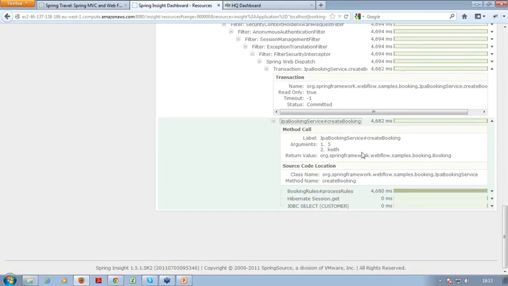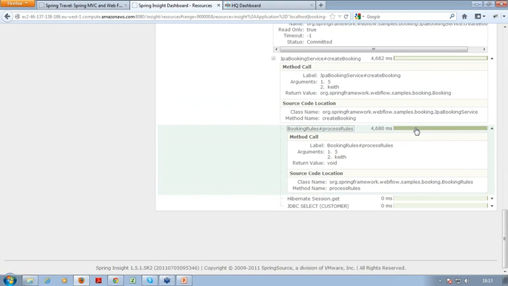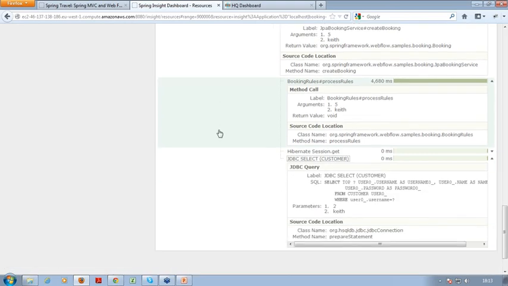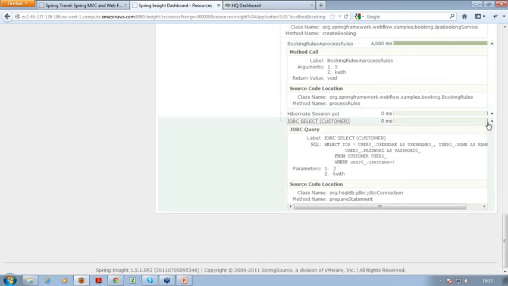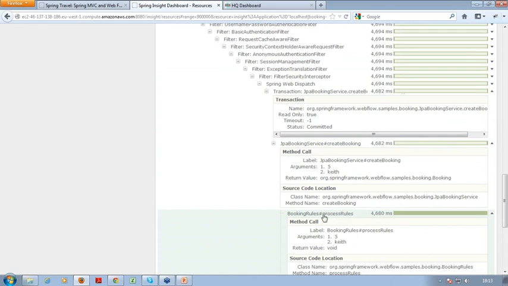You can see that it's a JPA booking service, and then we have this booking process rules, which is a method call, which if we hover over there, that method took 4.6 seconds. But there's no obvious reason why. It did do a Hibernate session get, but that took 0 milliseconds, and it did a JDBC select the customer. But again, that took 0 milliseconds. So we can see from Spring Insight immediately that this booking rules process rules function is the one that's causing